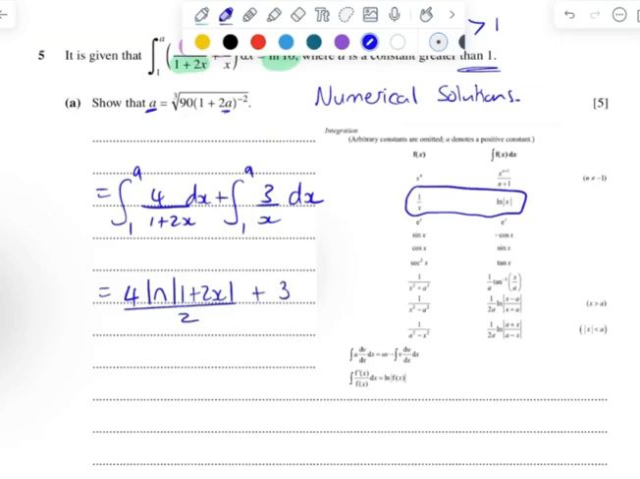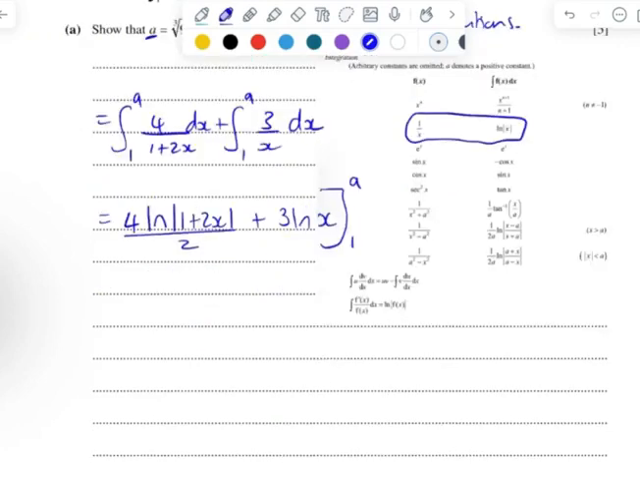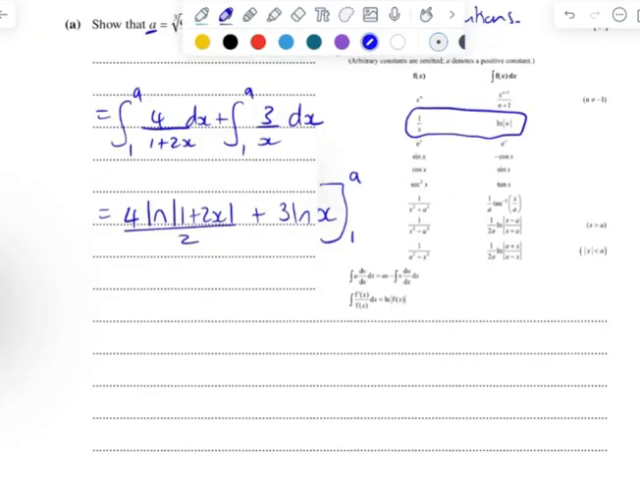Same goes here. I've got my coefficient, and then I don't have a composite function, so I don't need to divide by anything. Now we're going between 1 and a. Right, so I just do exactly what I normally do with integration. I plug in my upper bound, and then I plug in my lower bound. My 4 and my 2, that just becomes 2 ln, and then this is 1